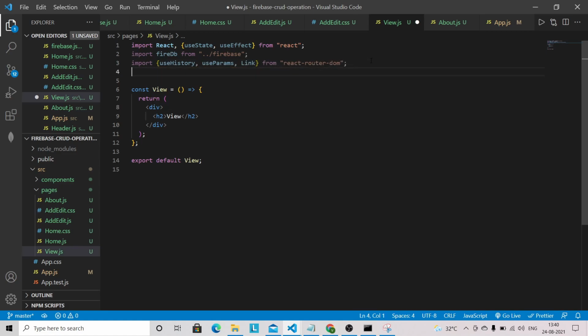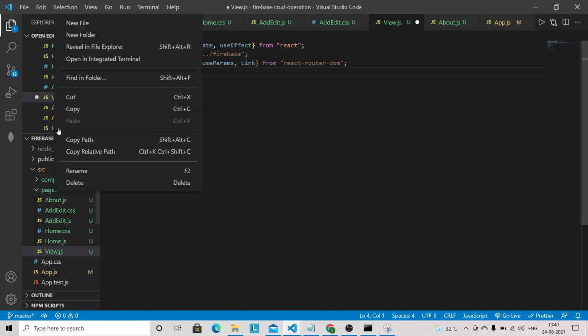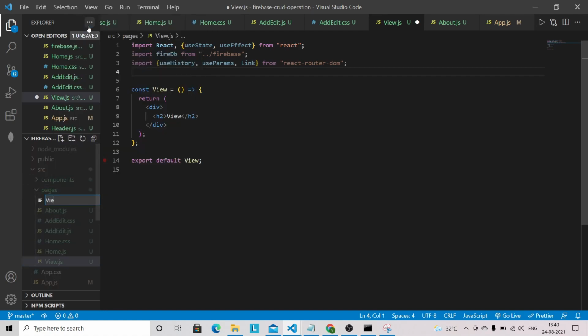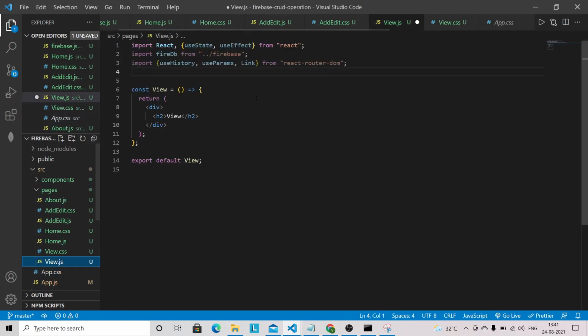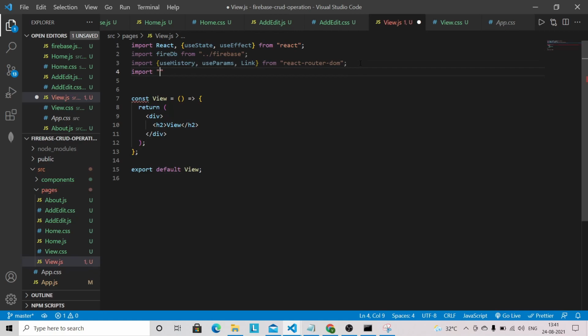And we also need to bring in a CSS file for this page. So let's create one CSS file, like view.css, and let's bring that file into our view page. So import view.css,